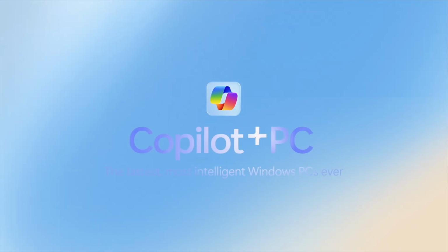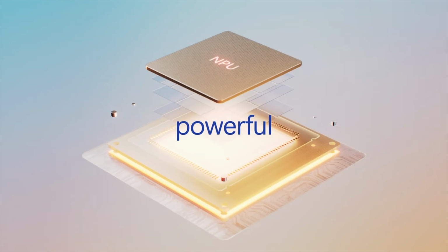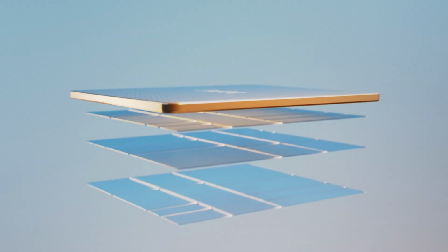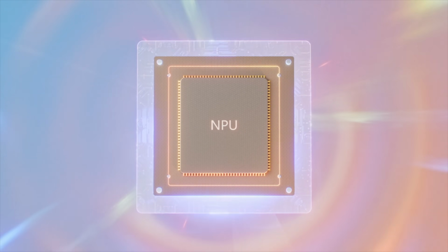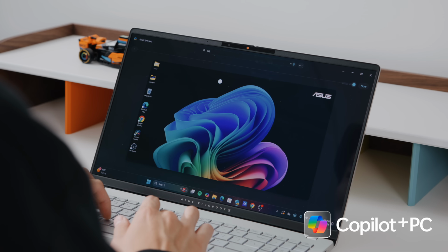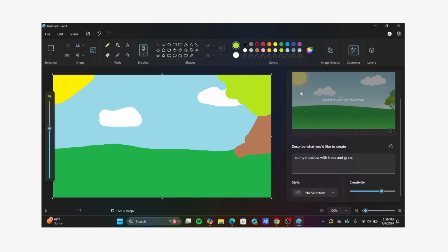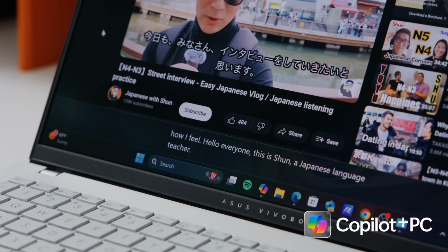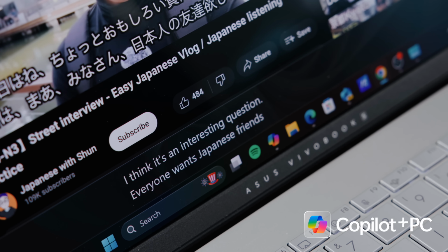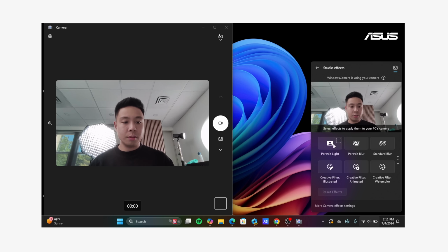Copilot is an AI technology that is integrated within the computer and uses a third processor called the NPU to be able to process large amounts of data and trillions of operations per second to provide you with the AI features such as recall, which helps you quickly find things you have seen on your PC before, Co-Creator, which allows you to create AI-generated images through sketching and text prompts, live captions that offer real-time translations across any video or call, and last but not least, the Windows Studio Effects, which uses AI to enhance the audio and video in